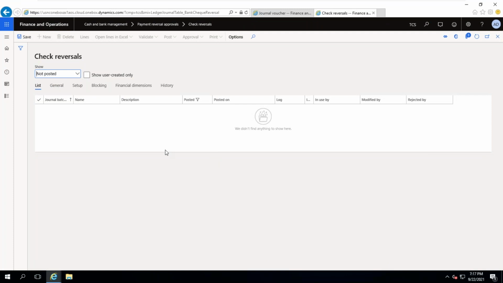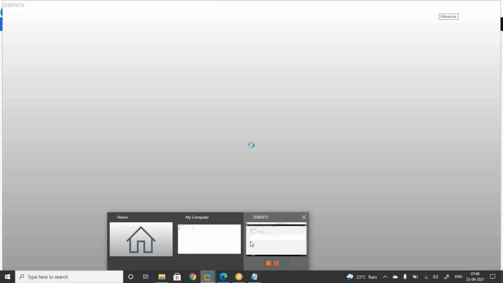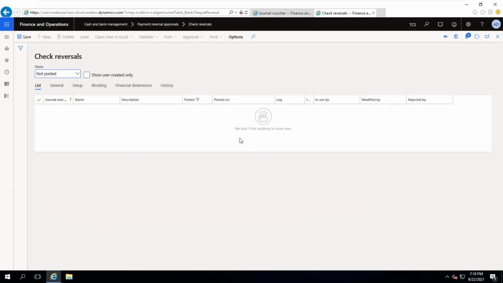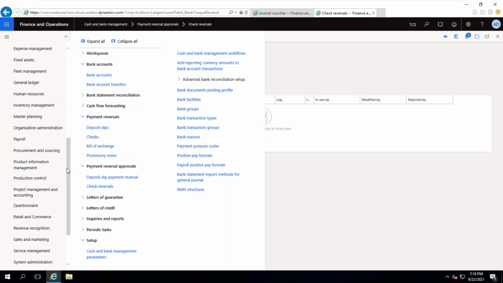Now I want to show you here, every time one is in the bank, it is bank reason codes, and in accounts payable, it is vendor reason codes. I want to see all reason codes in one place. Yes, it is possible. If you go to organization administration,